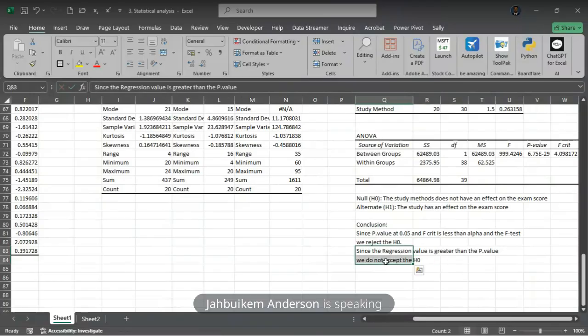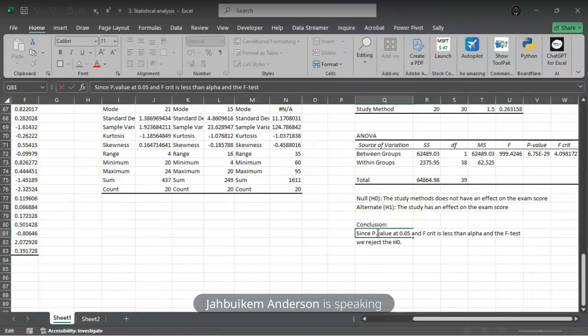We don't need these parts, fine. So since p-value at 0.05, that's the alpha. Okay, sorry, not 0.05, this should be